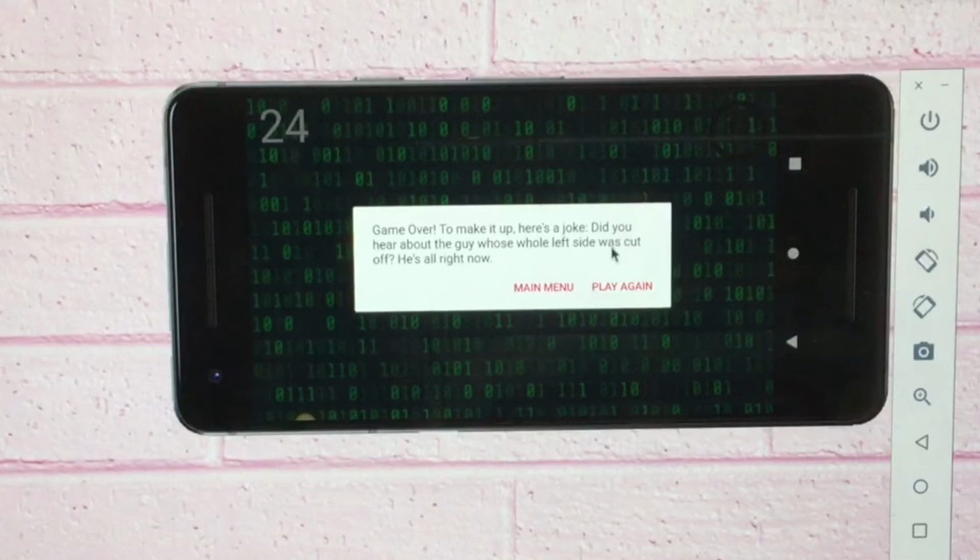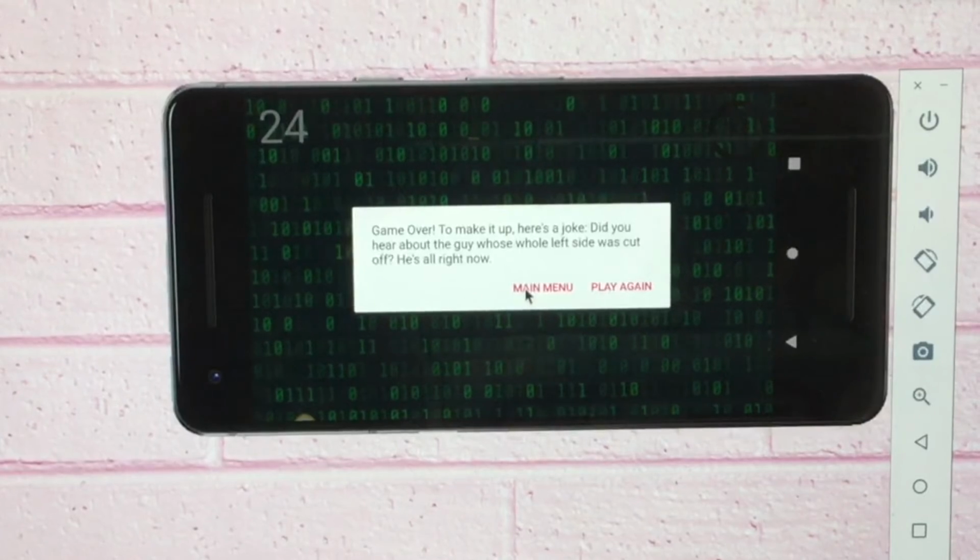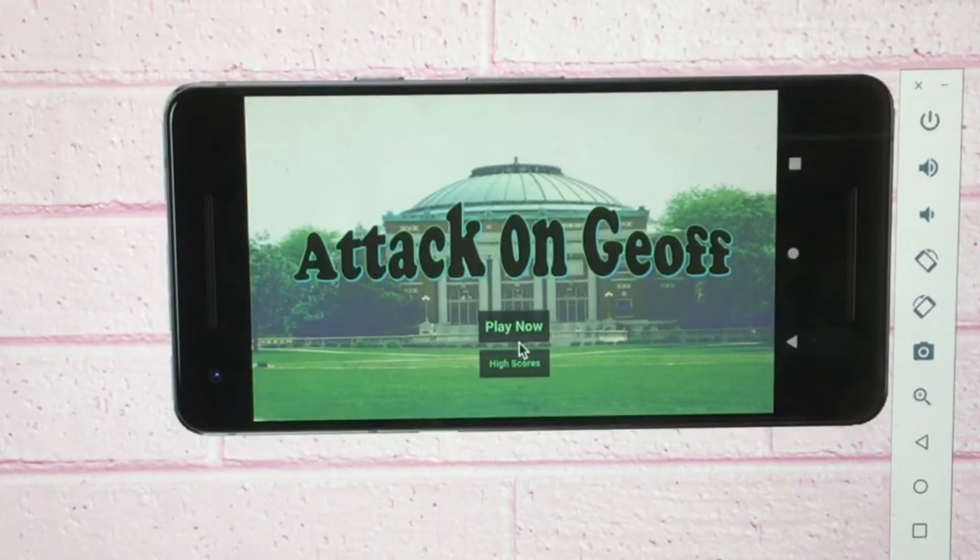to generate some jokes. Did you hear about the guy whose whole left side was cut off? He's alright now. You can go back to the main menu, and I just got 24, so if I go